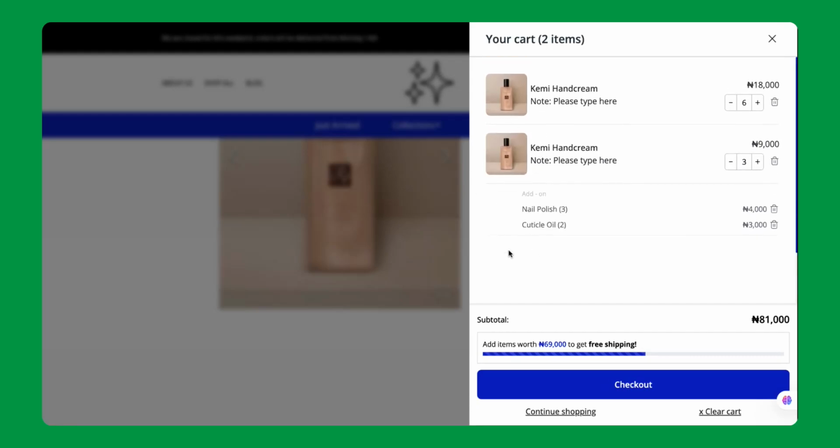Like I mentioned earlier, it's great for upselling, and it's a great way to increase your average order value. So that's it